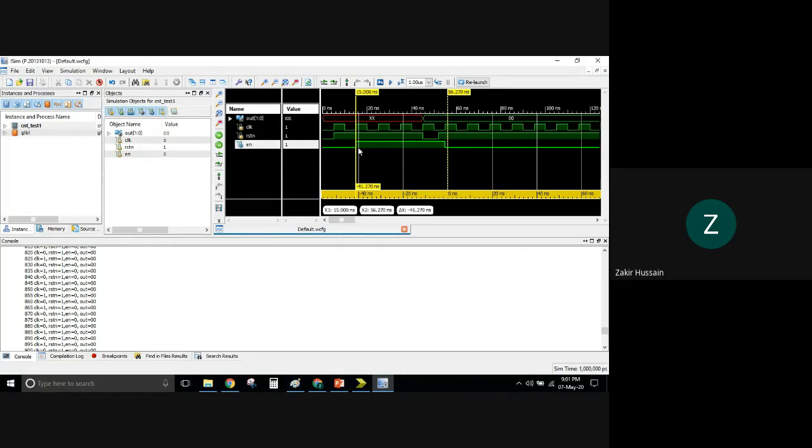Now, if you observe carefully, meaning if you perform the analysis, it is correct at 15 as expected. Enable is going high if you see this value, and reset is also going high, and the clock edge is also high, but still your output is 0. That is something serious. So let us close this.